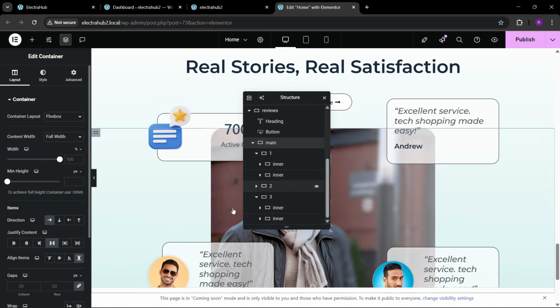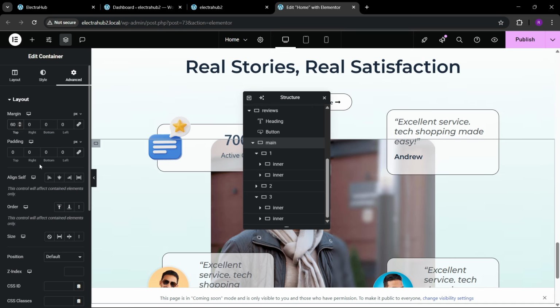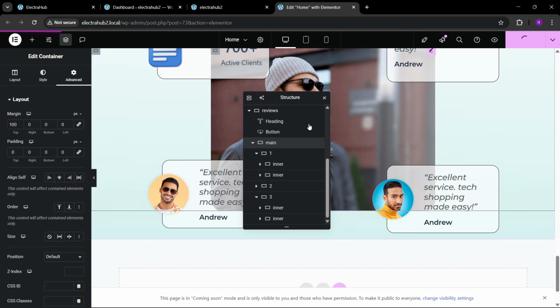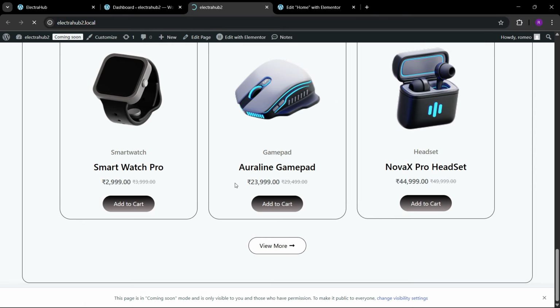Now we can go to the main. Here we can have 60. Here we can have 100 like this. Okay, let's publish. You can see we have successfully built this. You have to just replace all of this content. Now let's refresh it here. And after refreshing, if I see